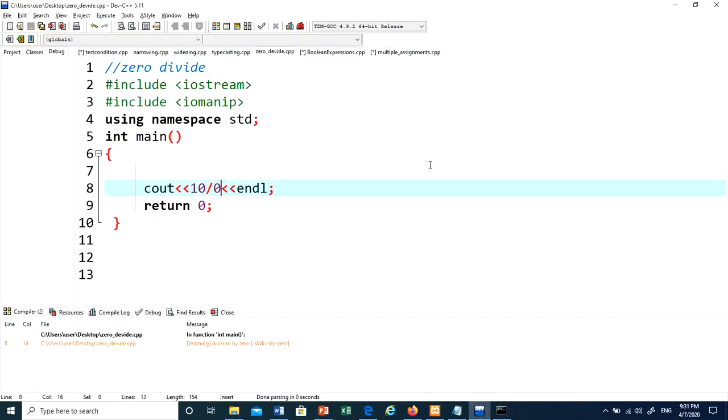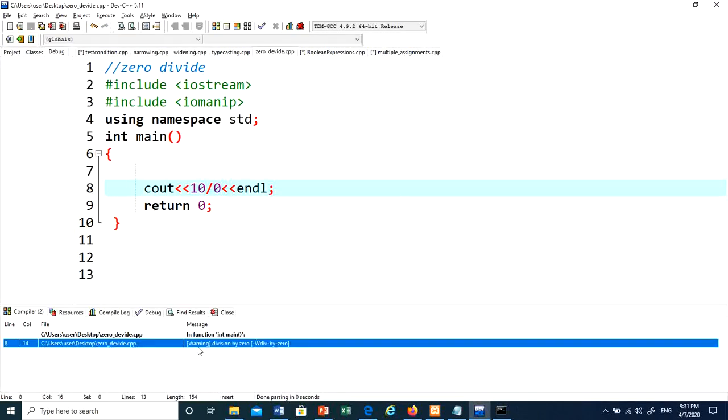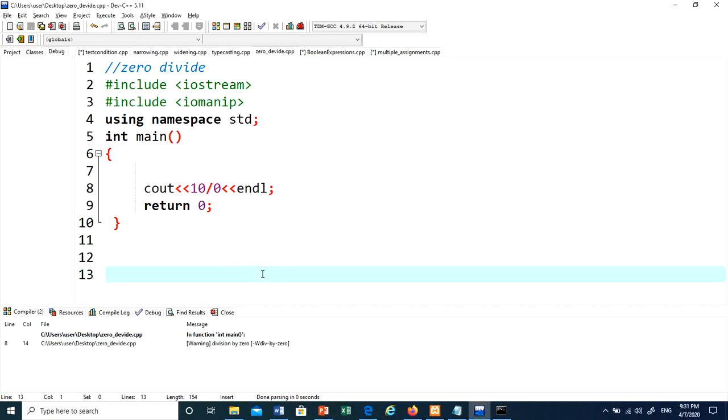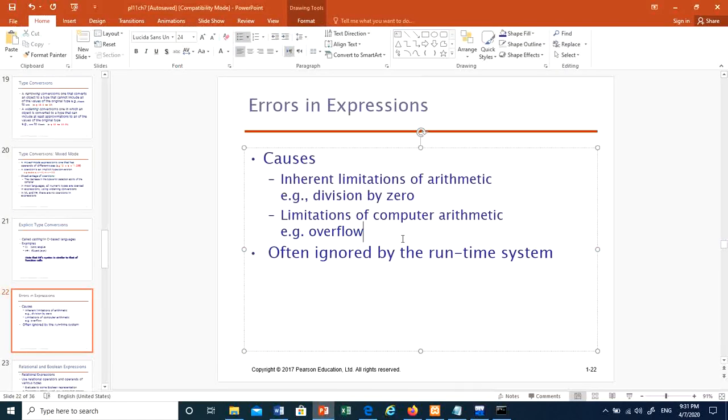There will also be a warning in the code that division by 0 is invalid in some programming languages. So this is part of the limitations of arithmetic inherent in